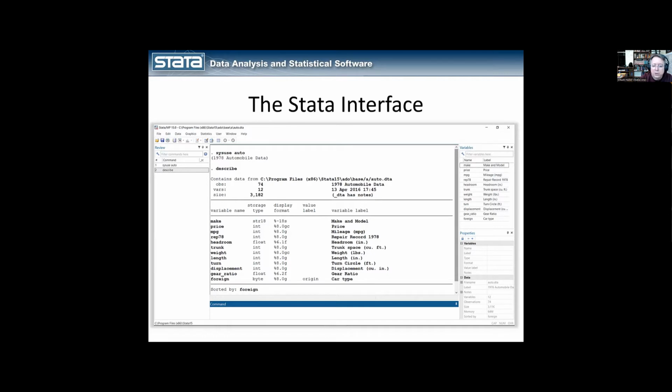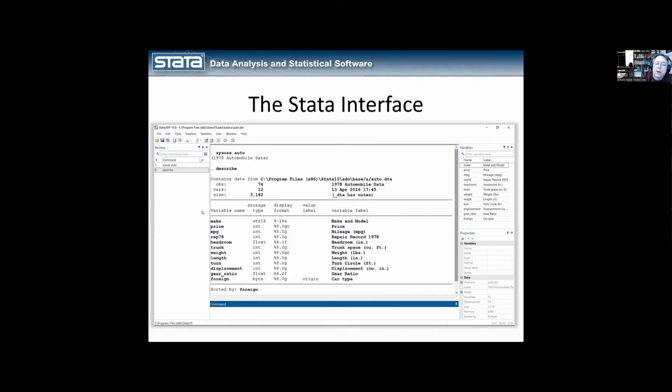One of the questions I often get, and I'll just go ahead and tackle it now instead of waiting for the question, is that there are no modules. It sounds like a lot of you use SPSS, and so you purchase base SPSS, and if you want Amos, you have to get that separately. There's none of that in Stata. When you open it, everything is there and working. There are no add-ons. Structural equation modeling is just in there. Multiple imputation is just in there. Bayesian statistics, all of the GIS stuff for doing maps, all of those things are just in there. So when you get it, everything is there, and you're not going to have to go track down other features